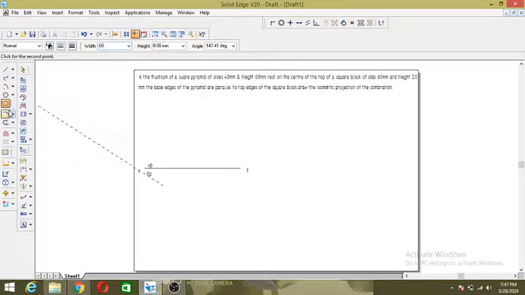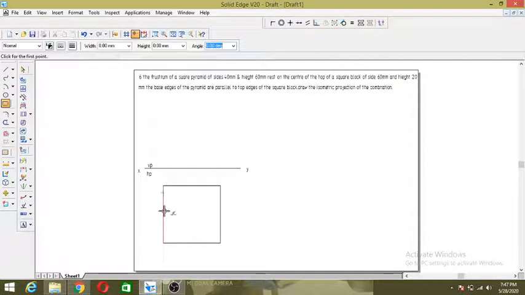I just selected this rectangle. Width I am going to take as 60, and height is also 60. So this is when I am viewing from the top. Obviously the image is going to fall on HP, and it looks like a square. This is the center.